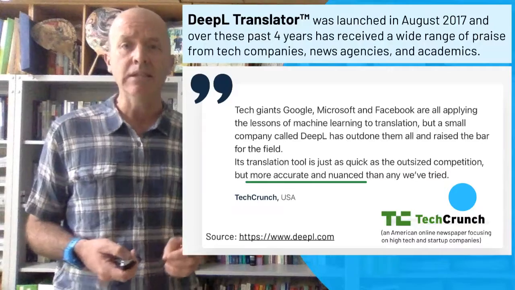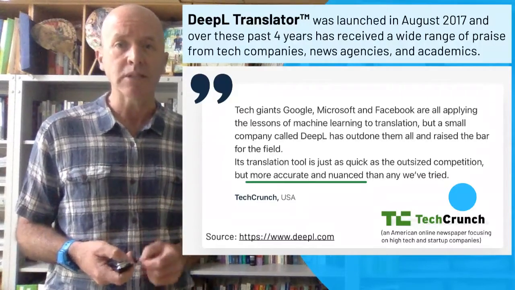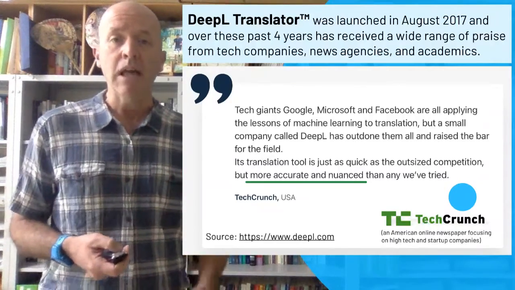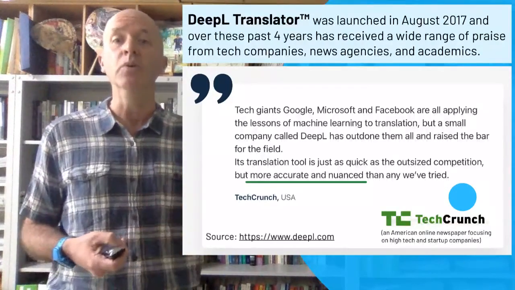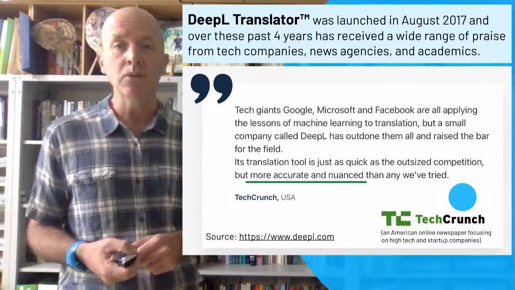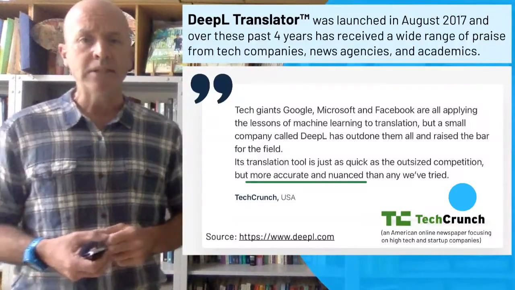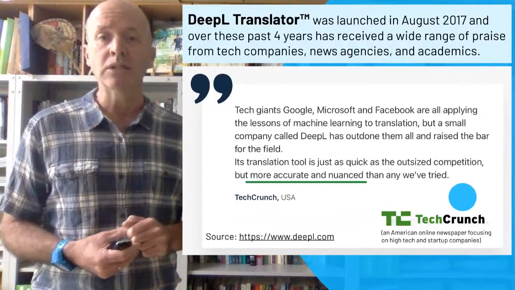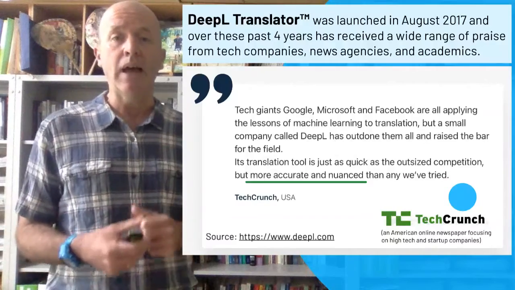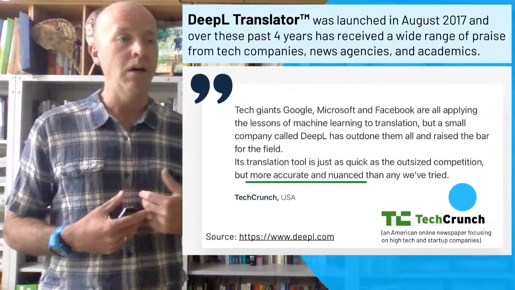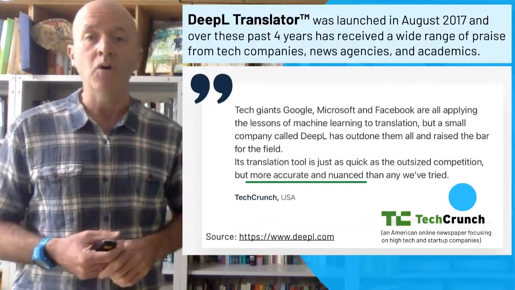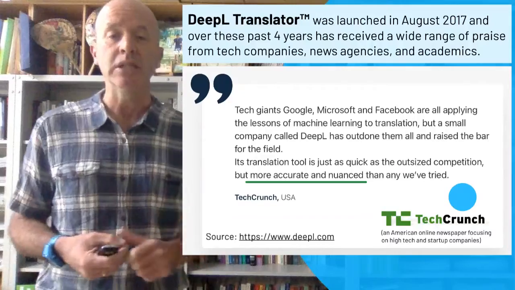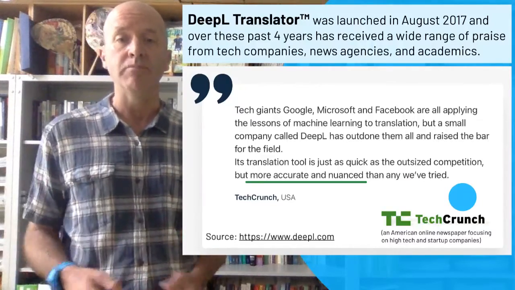And the main thing here is that these neuromachine translators, especially DeepL, are much better, much more accurate, and most importantly, much more nuanced in their ability to translate between two languages. And this is especially true for languages like English and Japanese that have a very wide base of corpus data on the internet, that these machine translations can then access and learn from.